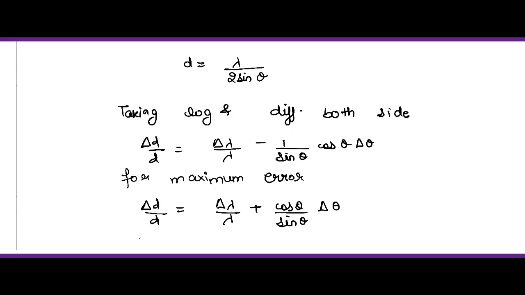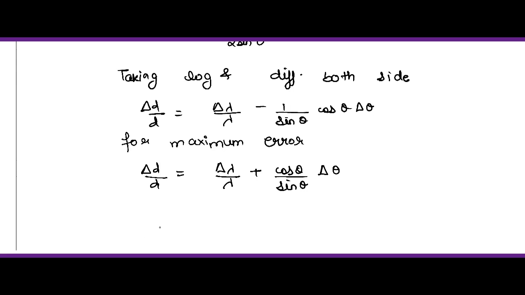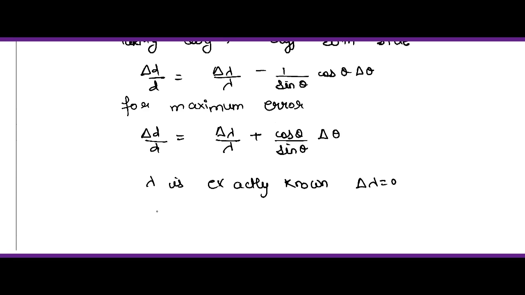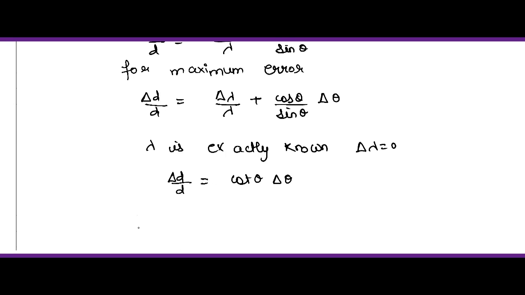Lambda is exactly known, so delta lambda equals 0. So delta d divided by d equals cot theta, since cos by sin is cot theta, into delta theta,